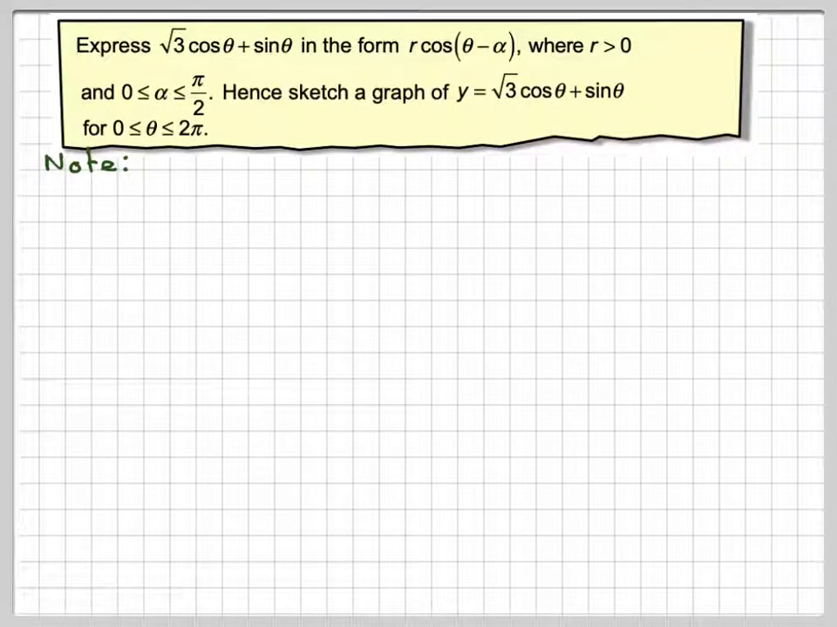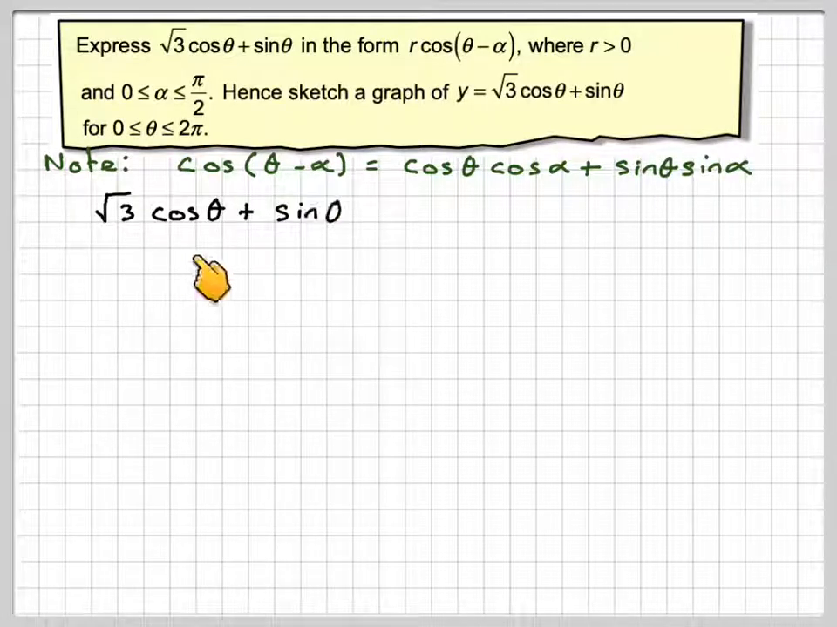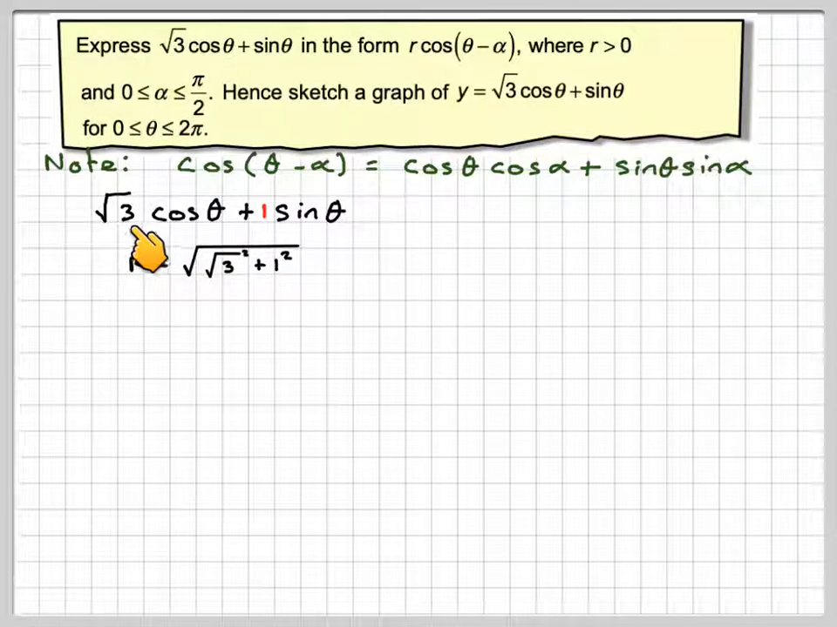Okay, so if we note, first of all, that cos(theta minus alpha) is equal to cos theta cos alpha plus sine theta sine alpha. Therefore, root 3 cos theta plus sine theta. Now, there's nothing in front of the sine there, so I'm just going to put in a 1. The r comes from doing the square root of 3 squared plus 1 squared. Square root of 3 squared becomes 3, so this becomes 3 plus 1,